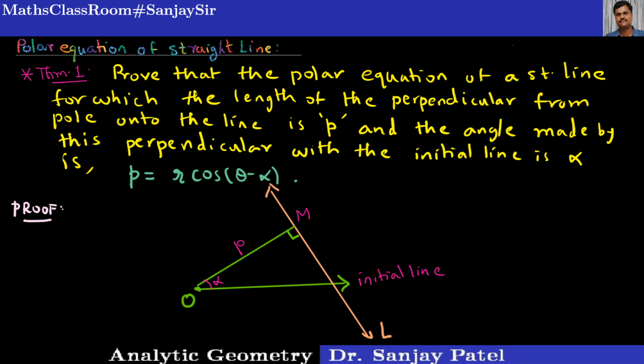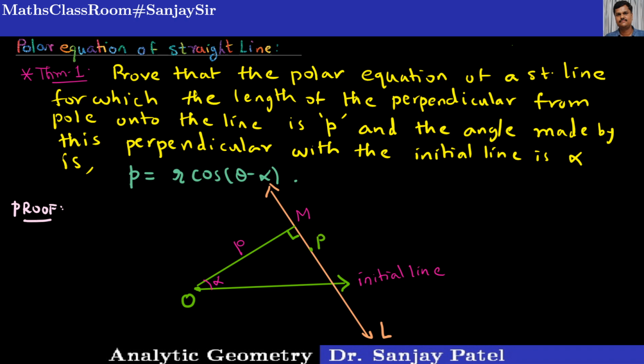And remember this one thing, whenever you want to derive any equation, whether it is in the Cartesian form or polar form or some other form, generally we always take an arbitrary point or a variable point on the given object. It can be a line or a circle or anything. So let us start with an arbitrary point on this line. Say, let me call it the point P, and I'm taking that point somewhere here.